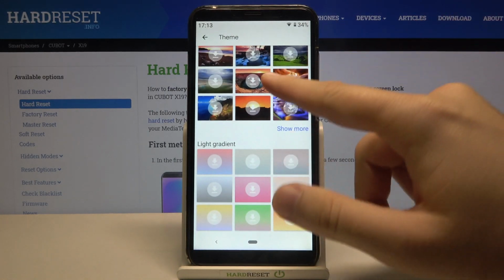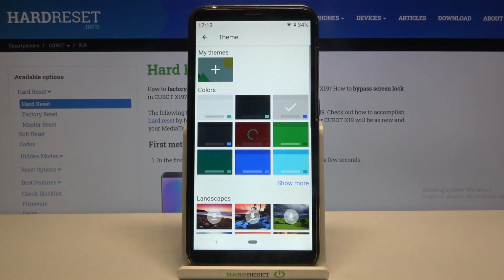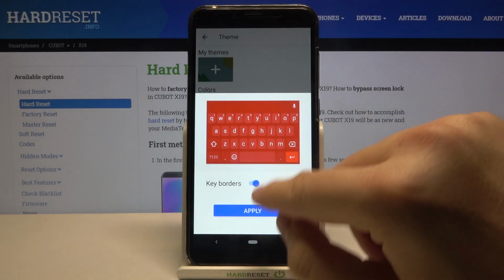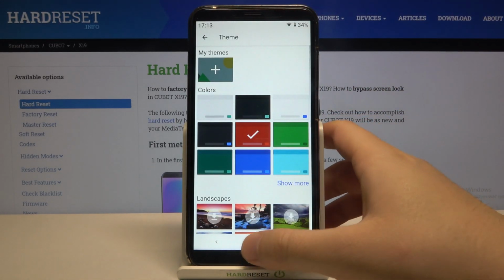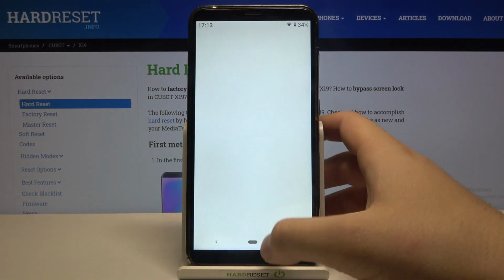We can download landscapes or gradients, but I'm going to use the simple color. The process is the same, so select, click to confirm, apply, and right now I will show you how our